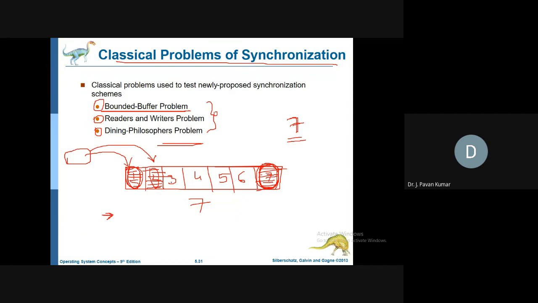Next, even though free slots are there, if one process is making modifications to the common buffer, then another process has to wait. So that also we will be checking. Keeping this in mind, we will see how we can handle this bounded buffer problem by using semaphores.